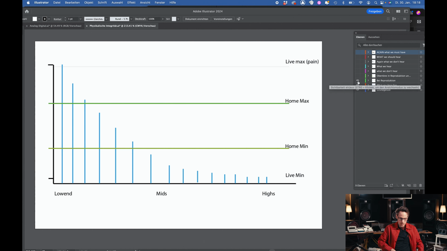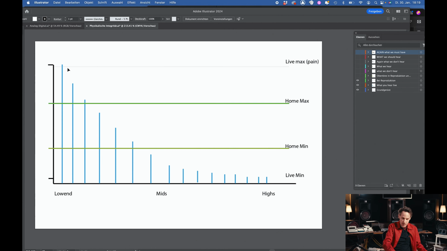Now at home, I go through this really quickly. At home, the window in which we can hear sounds is way smaller. At home, we never want to hear a snare hit as loud as it was played in the recording room, so the level is brought down. That's also the first thing that you do if you listen to music, even on an iPhone. You just set the level to a comfortable level for you, for the situation. Maybe you have guests, and then the music goes down again. So actually, this home maximum is already quite loud. And then we have a minimum, and the minimum level is also higher than in a really good audition room.